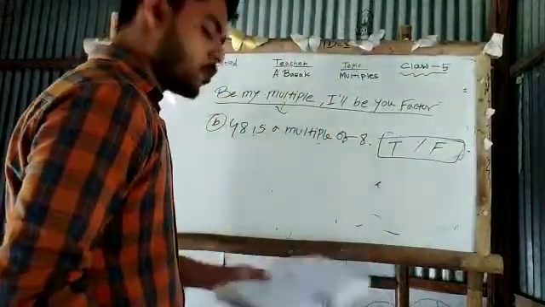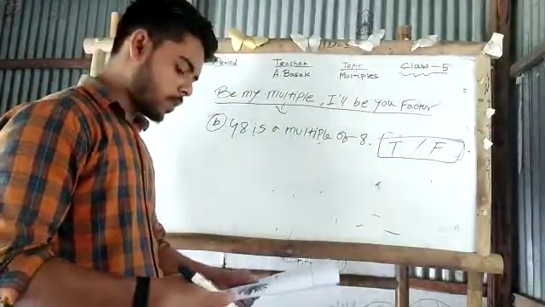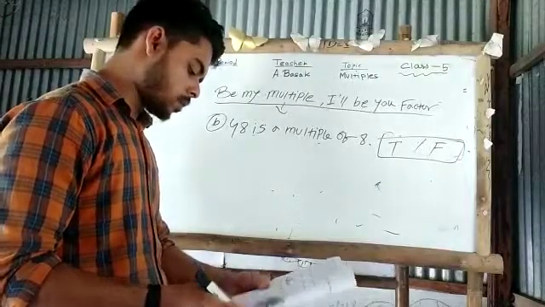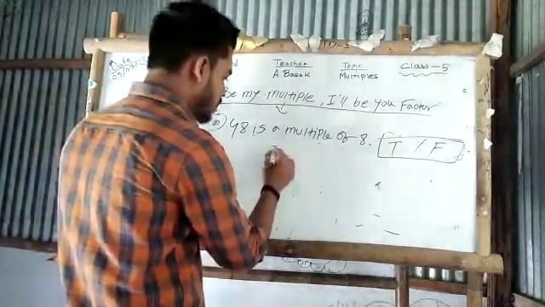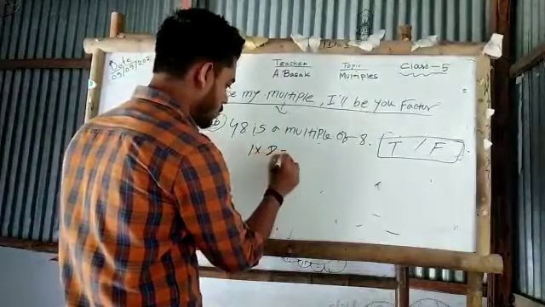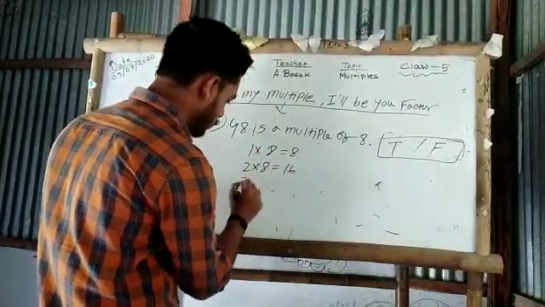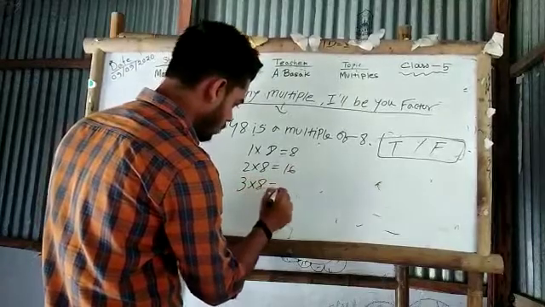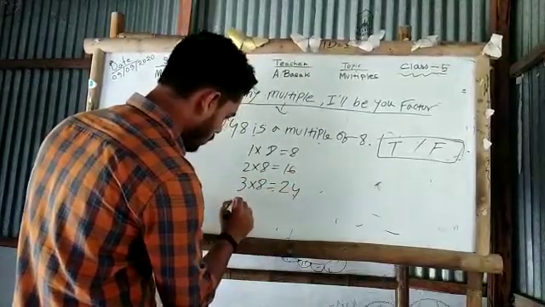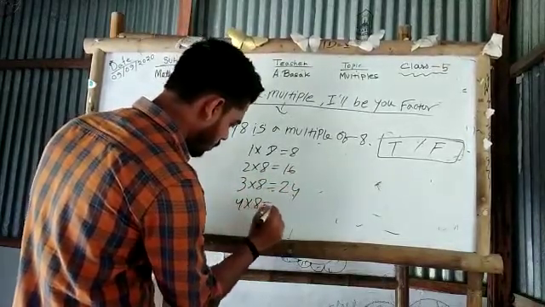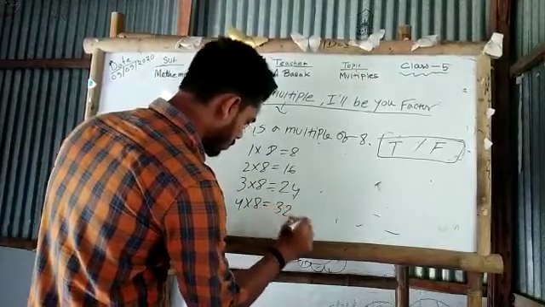We will follow the same rule as in the previous one. Just write 1 into 8, 8; 2 into 8, 16; 3 into 8, 24; 4 into 8, 32;